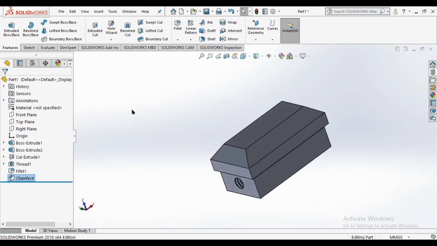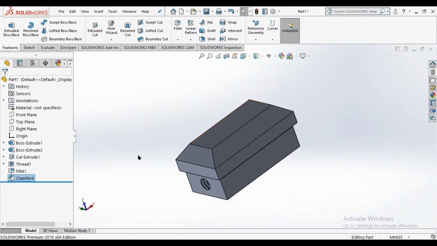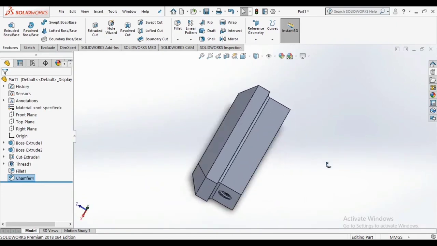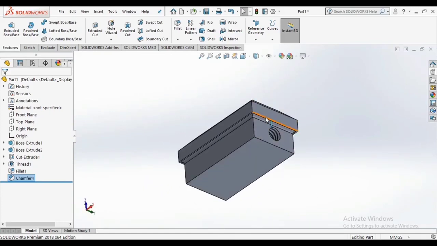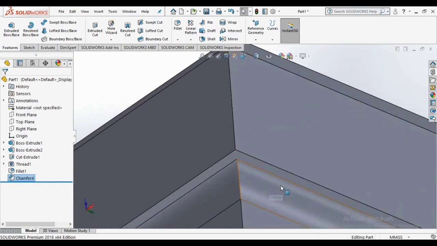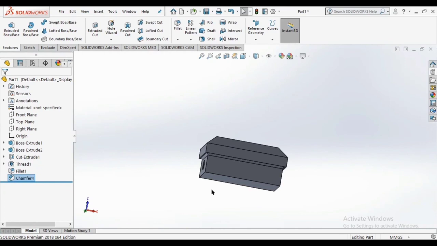So today this was lecture 2 of week 1. These were some basic commands which we use. Actually, when we were using chamfer on these lower corners, it disturbed the fillet which we made. If we delete this fillet and then use chamfer, nothing will happen. So this was our first lecture of part and second lecture of week 1.